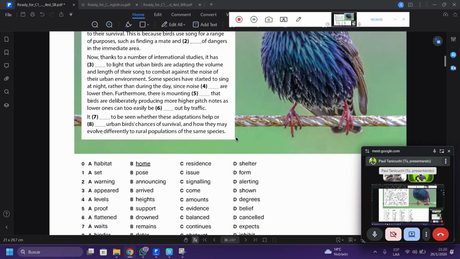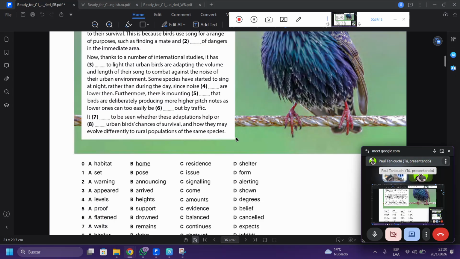There is a mountain of proof that birds are deliberately producing more higher pitch notes as lower ones can too easily be. Number six: flattened, drowned, balanced, or cancelled out by traffic. This is a phrasal verb.